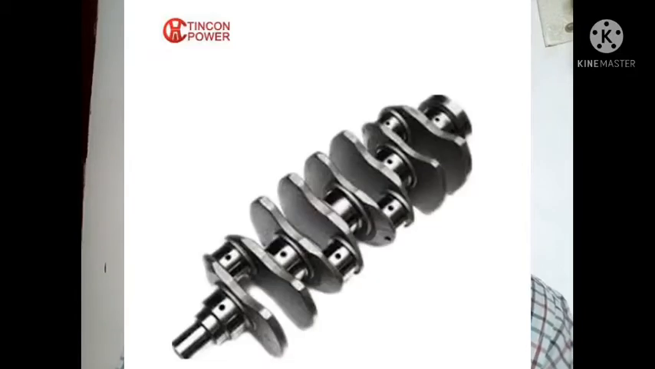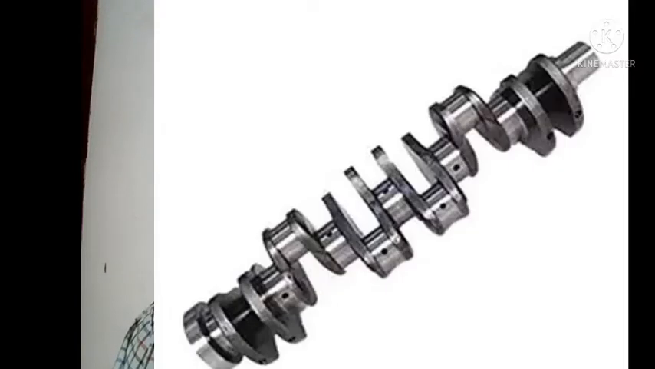From the main oil gallery, the block also has internal drilling, which connects to the crankshaft. I have also shown you the crankshaft. The main journal also has drilling, and the connecting rod journal also has drilling for the lube oil gallery, and from the main journal to the big end there is one internal drilling to pass the lube oil from the main journal to the